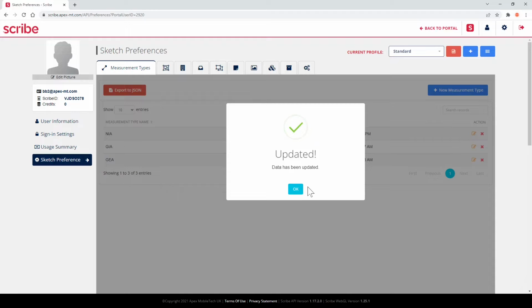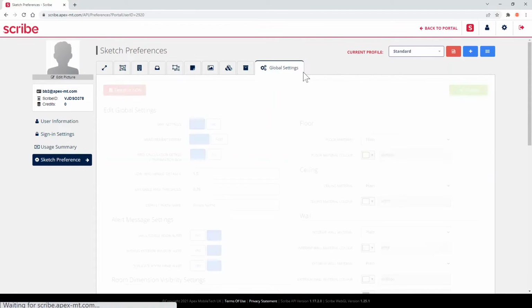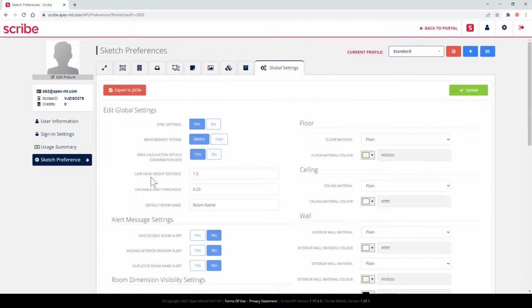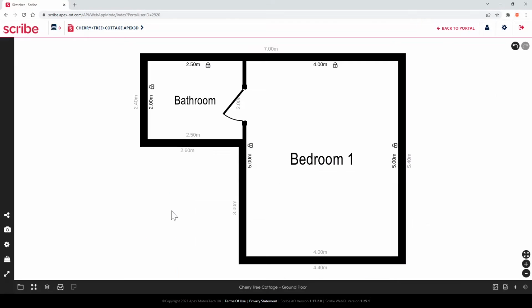Next, we go to Global Settings and check what the threshold values for low head height and unusable areas are. In this case they look fine, so we'll leave them as they are and go to a plan that uses that profile. So here we have a plan that has a total area of 25 meters squared, but we're going to add a section with low head height in the bedroom and a column in the bathroom to create an